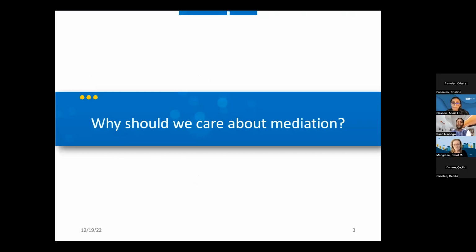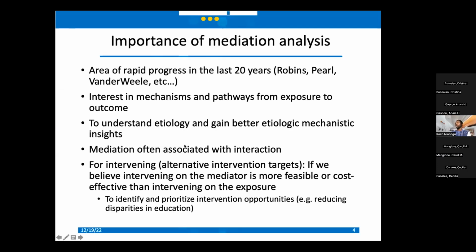So why should we care about mediation analysis, and why is it important? For the last decade or two, there's been rapid interest in the topic of mediation analysis, and there's been a lot of progress, especially by people like Robins, Pearl, and VanderWeele, who have dedicated a lot of their careers to developing the understanding of mediation analysis.